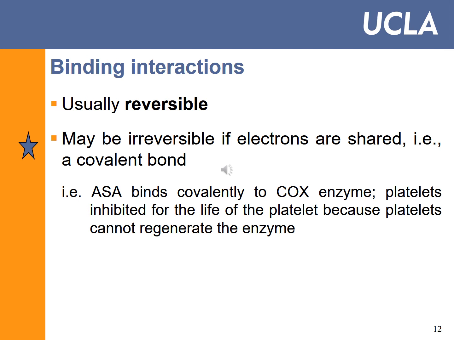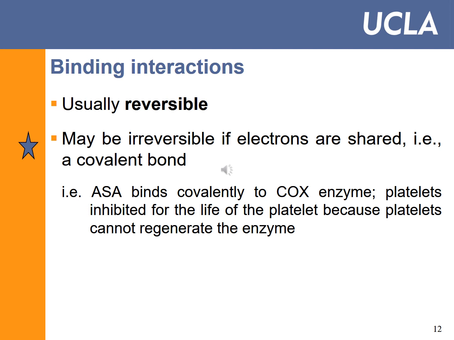So the interaction between the drug and its target, regardless if it is a drug-receptor interaction or a drug-enzyme interaction, that interaction is usually reversible. But in some cases, it can be irreversible, especially if electrons are shared, like with a covalent bond that is really strong. So in that case, the binding is irreversible. And one example is the inhibition of the COX enzyme by aspirin. So I said that the NSAIDs are working by inhibiting an enzyme, and the name of that enzyme is COX. And so aspirin binds covalently to the COX enzyme and is going to inhibit that enzyme during the lifespan